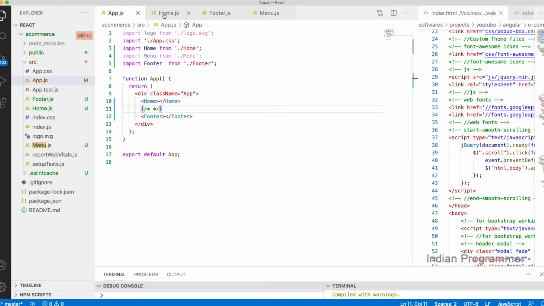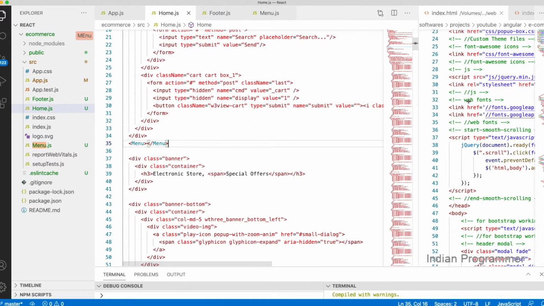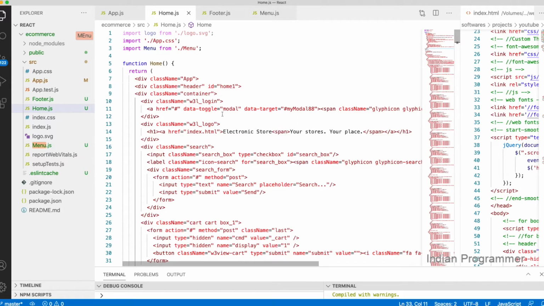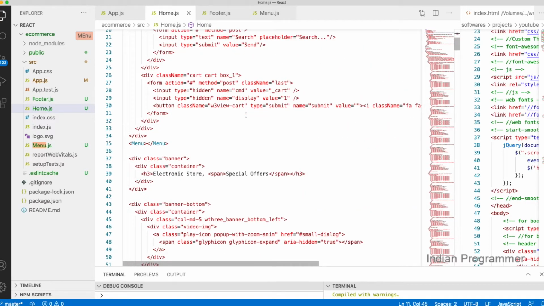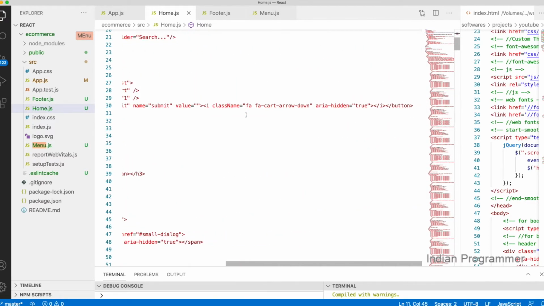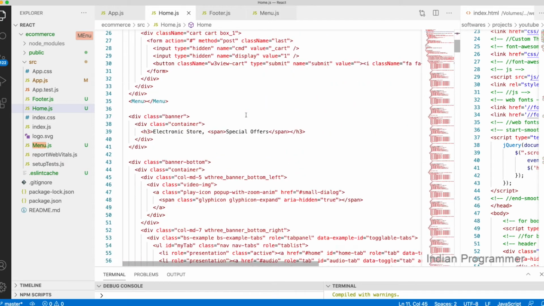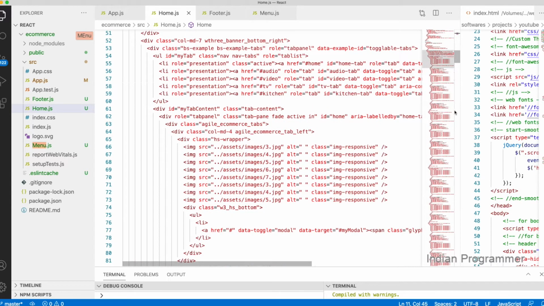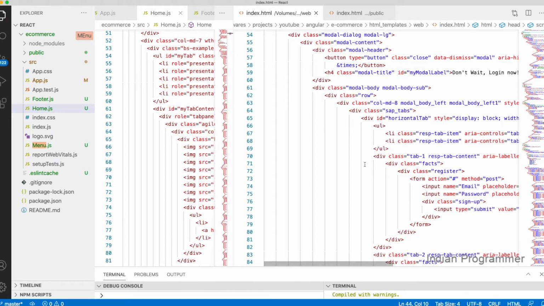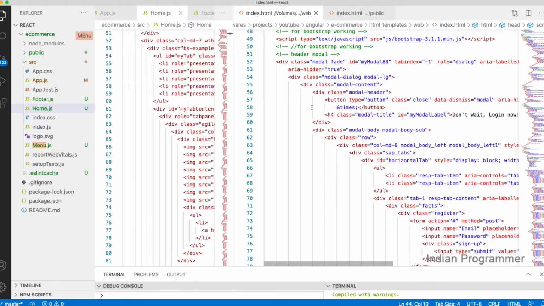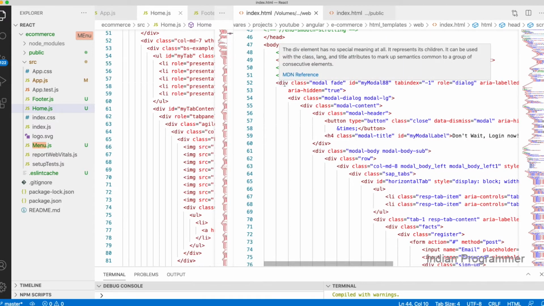I think that we have done this. I think that is there in the home page. Let me see whether, yeah. So this is the modal, I think so. Container. This is the only icon, I think so, yeah. So the modal is modal. Where is the modal? This is the cart box. I think for this modal we need to look at the code from our HTML page. So modal dialog, yeah. So this is the modal.